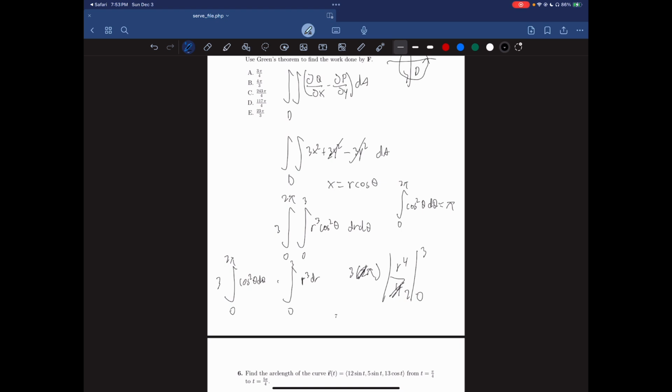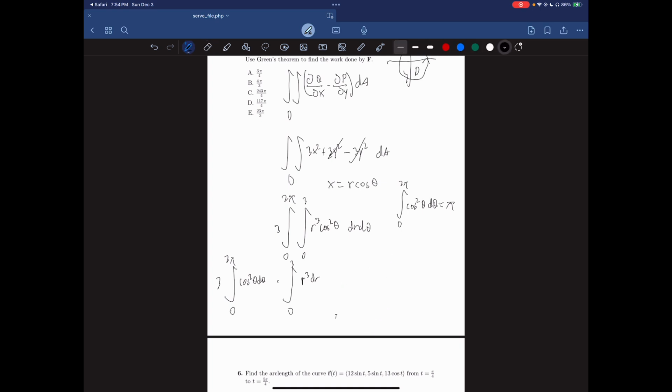let me just make sure. Okay, I guess if we just get rid of this, and we have 6 pi times 81 over 4, or wait, 3 times 3, 9, okay, times 81 over 4. I guess we can simplify that to a 2, simplify this to a 3. We're going to get, okay, I think I messed something up here, but okay,